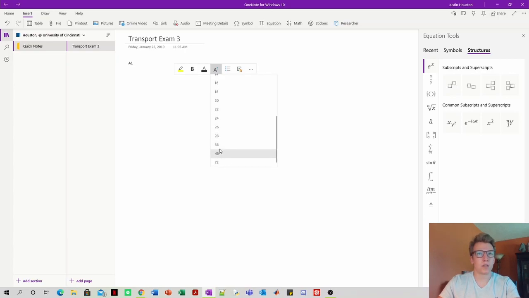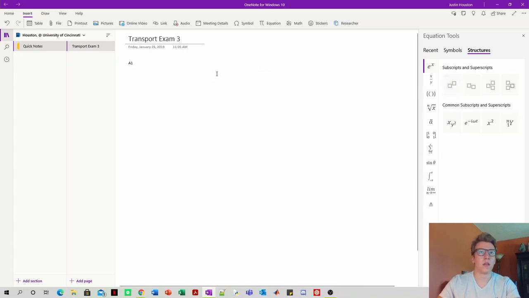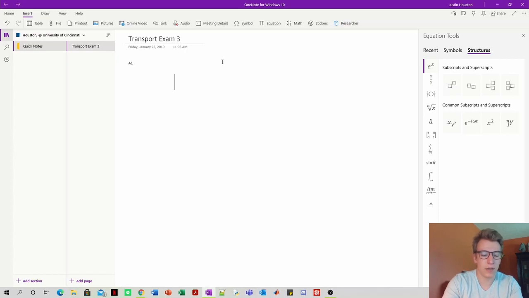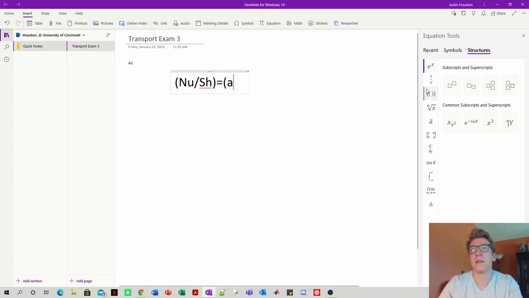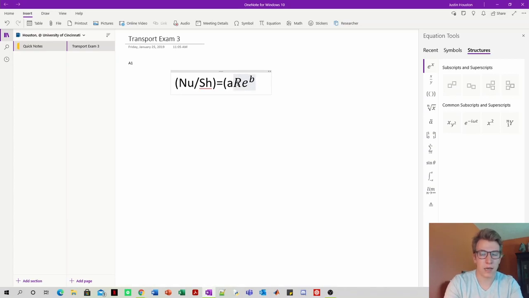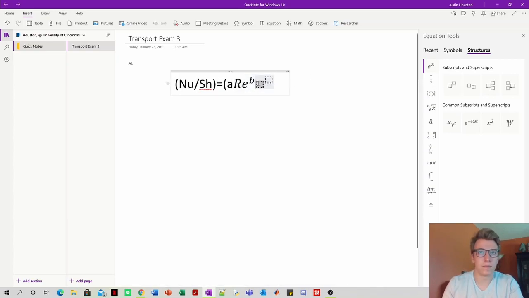So to start off here, I'm going to start off deriving the relationship between the Nusselt number over the Sherwood number, which is going to be equal to, starting with the Nusselt number, you're going to have A times the Reynolds number to some power B times the Prandtl number to some power C,